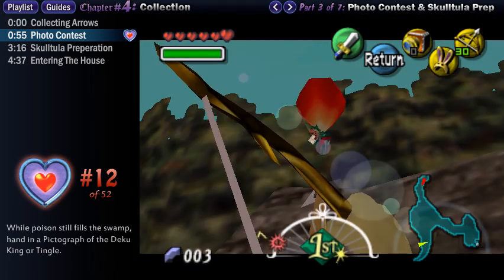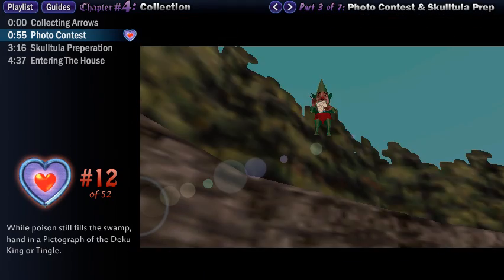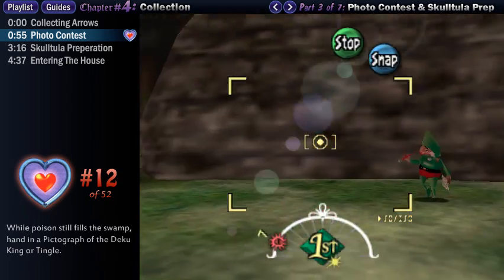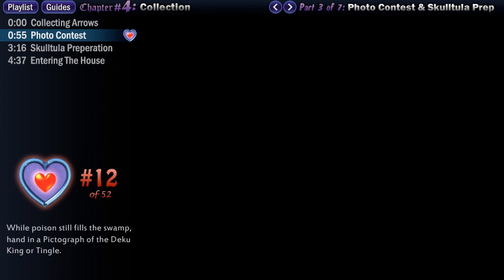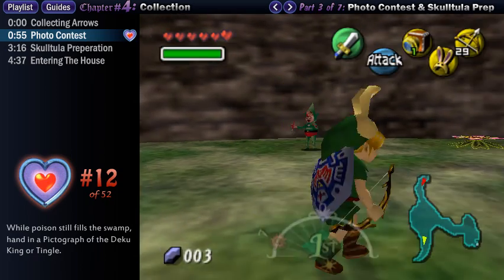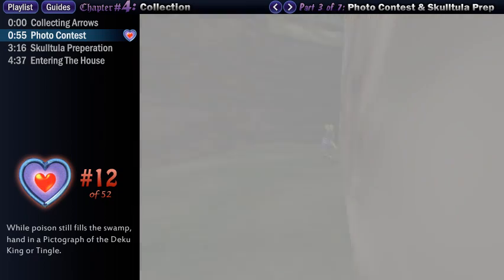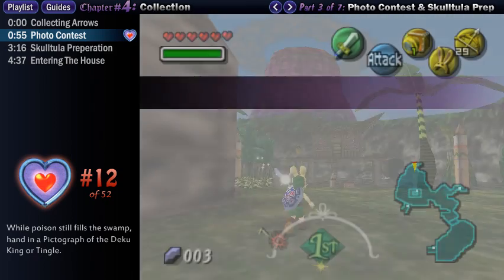So there are two pictures that you can take that will win the contest. There's the Deku King, so a picture of him, or simply a picture of Tingle. Out of those two options, Tingle is by far less work, and it's a lot easier, and he's a lot more practical. You can find him in several places. At this point in the game, you can find him in either North Clock Town, on Milk Road, which is in the southwest corner of Termina Field, or on the road to Southern Swamp, which is where I'm at now, and it's on the way. You want to shoot him down with either a bubble blast or an arrow, and then